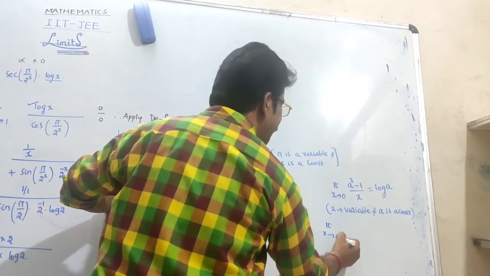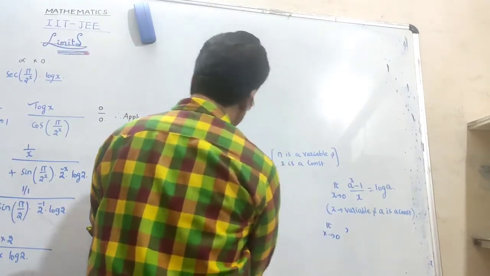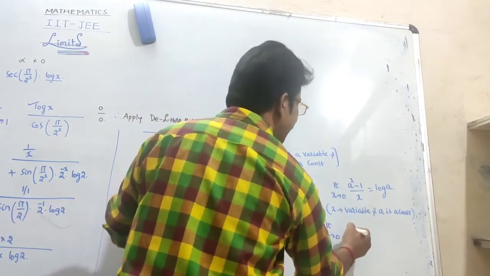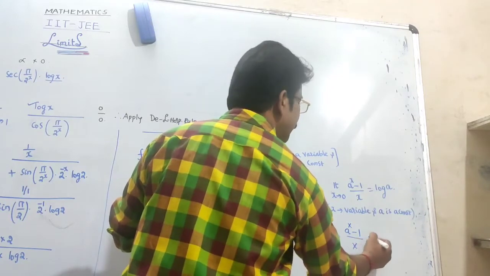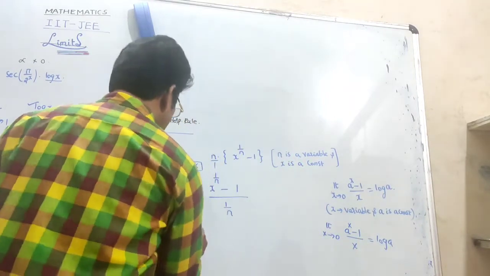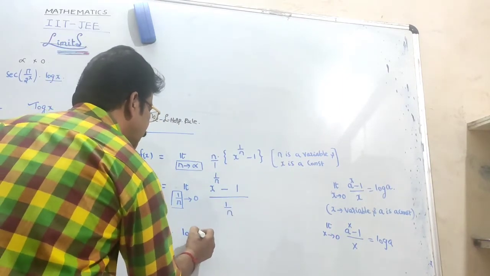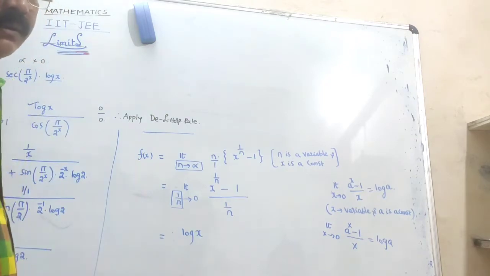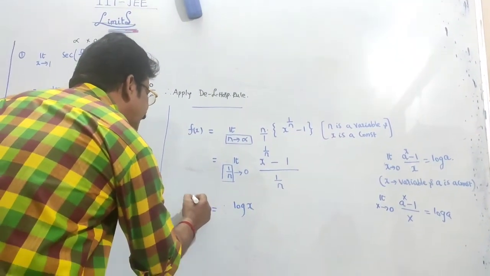0, say capital X. Next, x means x is variable. X is variable means a power capital X minus 1 by capital X, like that. So the answer is log a. So clearly it is the logarithm of a, which means a constant. Okay, one minute. So therefore, f of x is equal to